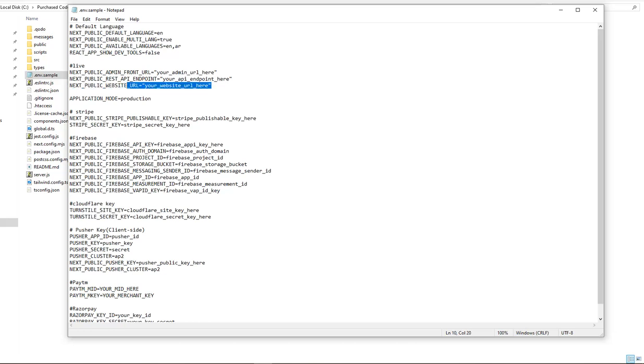where your Flutter web version or our Next.js public web version will be shown. That is the application URL. Application mode: production or environment. Stripe: if you want your application to enable a Stripe option, this is the public key, the enable Stripe public key,